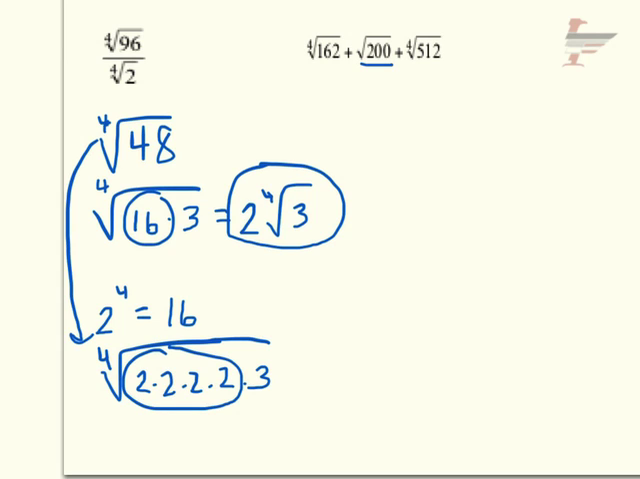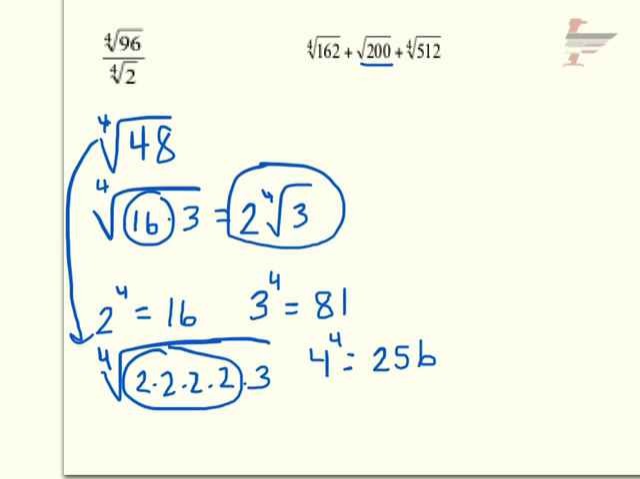But I'm going to take out all the perfect fourths I can, and perfect squares in this case. And I know that I have one perfect fourth right here. 2 to the fourth is 16, and maybe 16 goes into 162 or 512. Okay, so other perfect fourths: 2 to the fourth is 16, 3 to the fourth, 3 times 3 is 9, 9 times 3 is 27, 27 times 3 is 81,